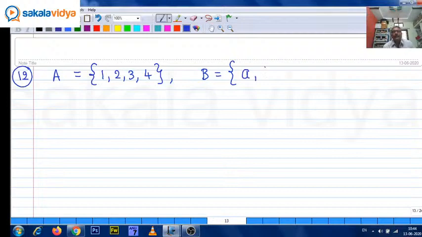A comma, B comma, C comma, D comma, E. A is equal to 1, 2, 3, 4. B is equal to A comma, B comma, C comma, D comma, E. Then